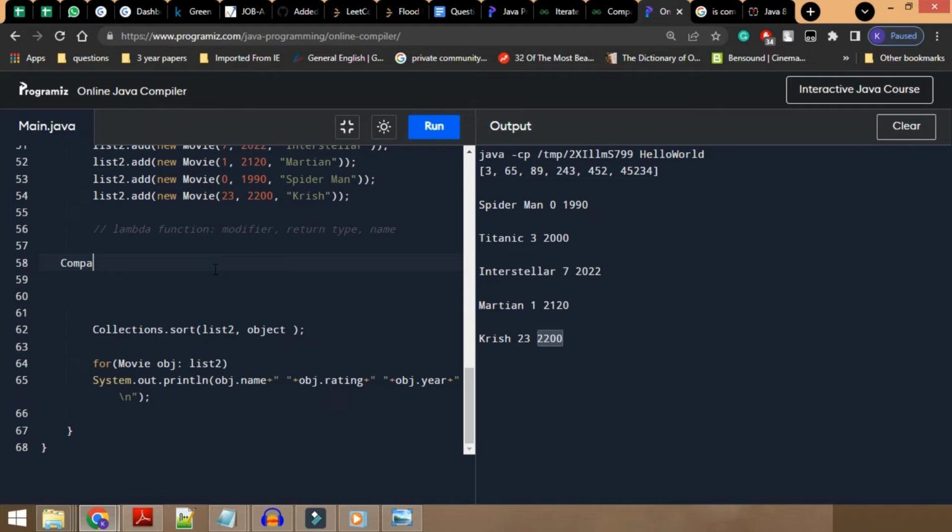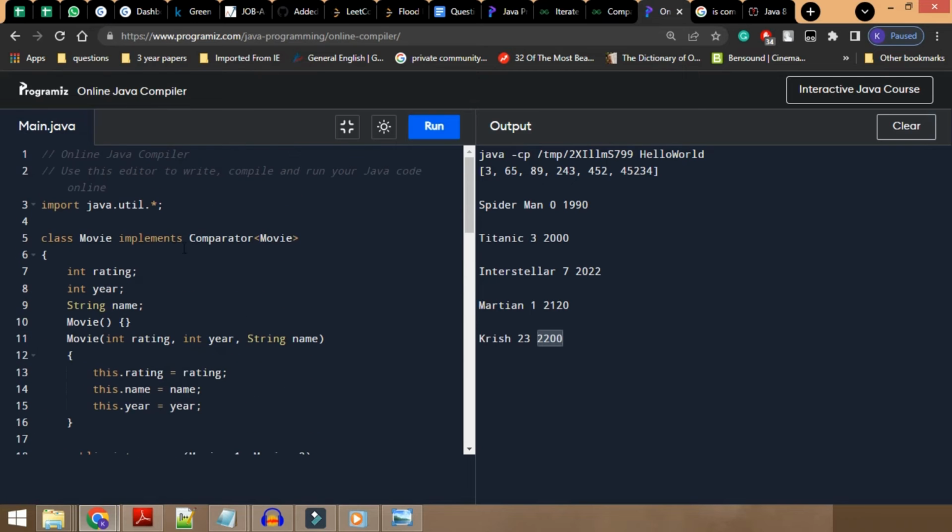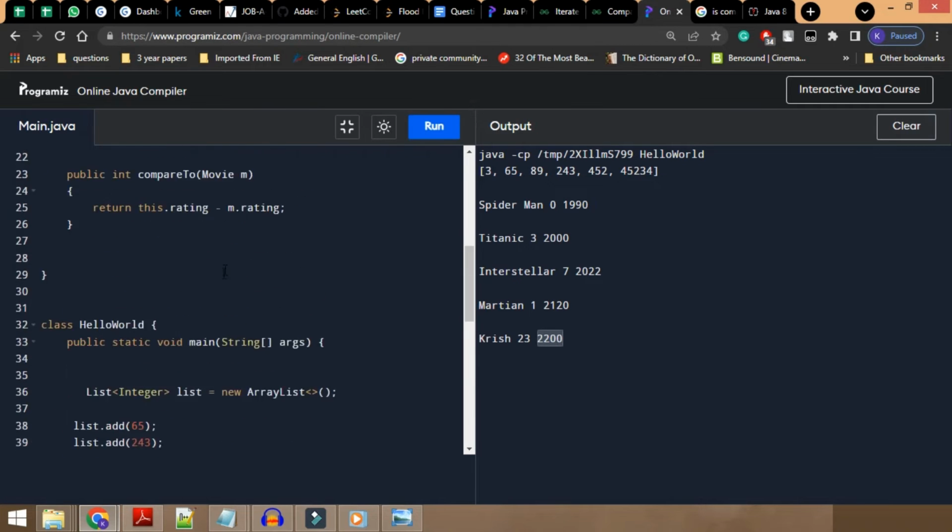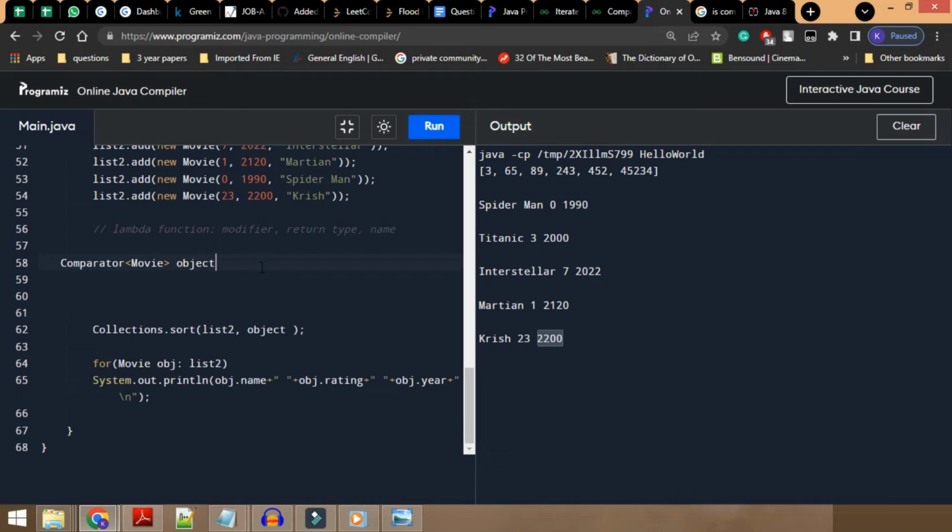I'll call this Comparator, because I need to mention the name of the class that I'm going to be working on, and I will call this object. And over here as well, I can remove this thing which I've done. I don't need to touch this, I don't even need to touch this movie class now. I'll just remove this from here, and it will be done at the time of object creation. So new Comparator